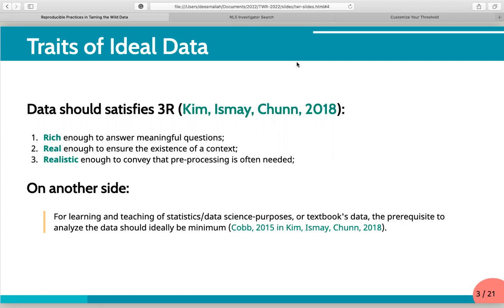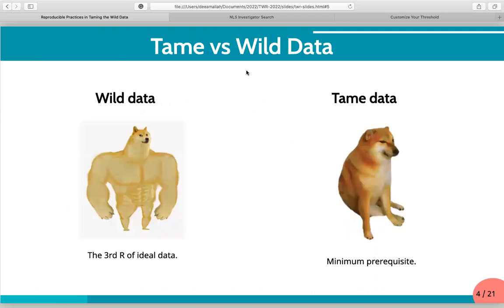On the other hand, for learning and teaching as well, there is a proposal that textbook data has to be a minimum of prerequisite. So the analogy is like this: the data in the wild is like the wild animal.